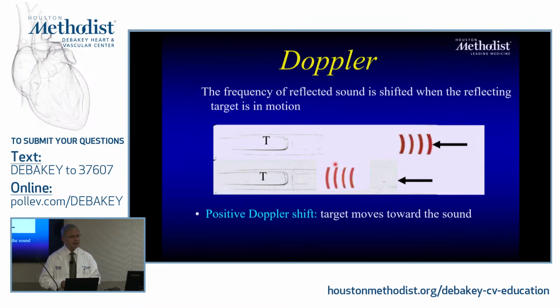Now, what is the Doppler effect? The Doppler effect is there's a certain frequency that's being emitted by the transducer, and there is a motion of what I'm imaging. The motion is changing the frequency of what I've emitted. The interesting thing is that change is much lower. We were talking about megahertz for ultrasound. This is kilohertz. That's why I hear it. It's in the audio range.